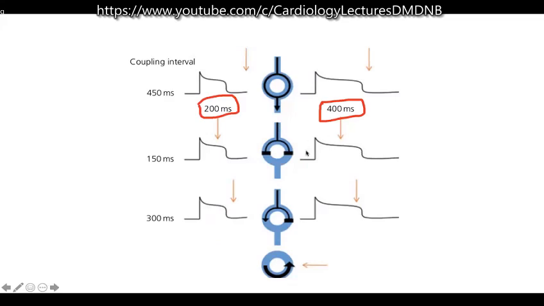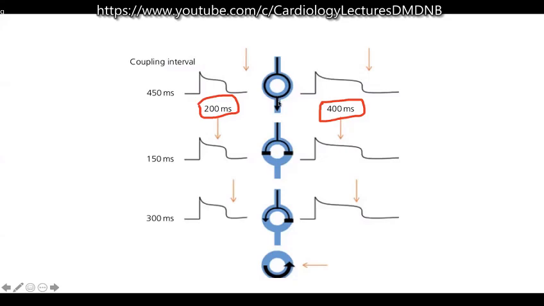So how do we utilize this in the electrophysiology laboratory? We know that we need two tissues with variable refractory periods or variable conduction properties. So I assume the one on my left side has an effective refractory period of 200 and the one on my right side has an effective refractory period of 400. So I deliver an extra stimulus, a PVC, at 450 milliseconds. Since 450 is well above both 200 and 400, it will conduct through both